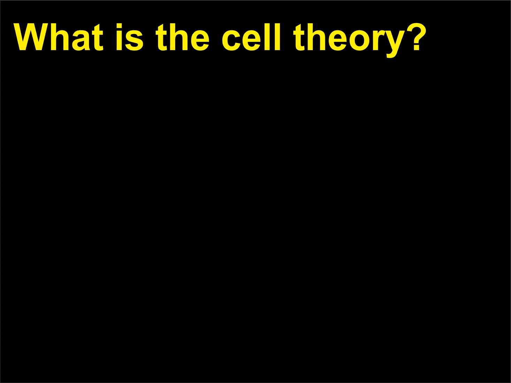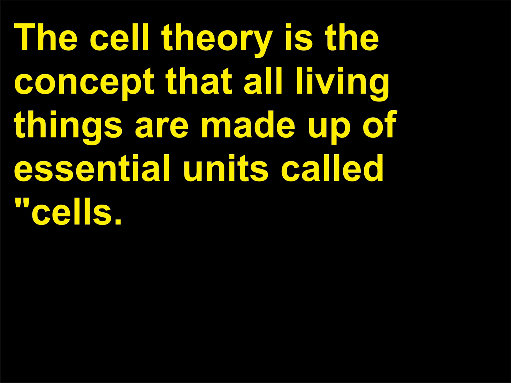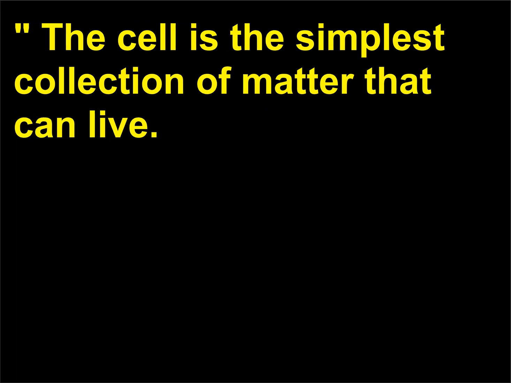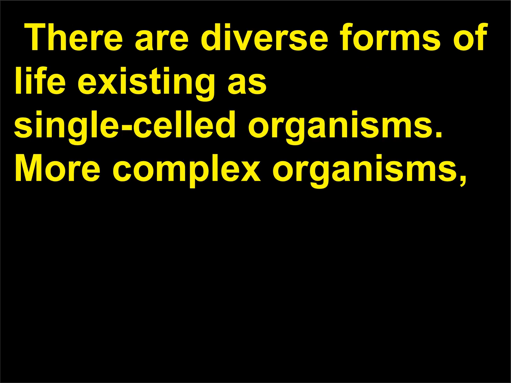What is the cell theory? The cell theory is the concept that all living things are made up of essential units called cells. The cell is the simplest collection of matter that can live. There are diverse forms of life existing as single-celled organisms. More complex organisms, including plants and animals,